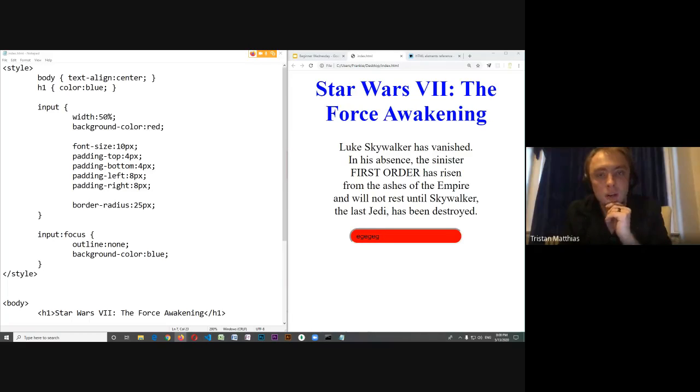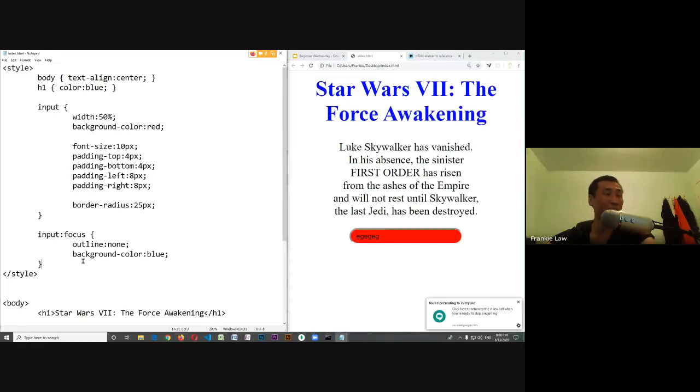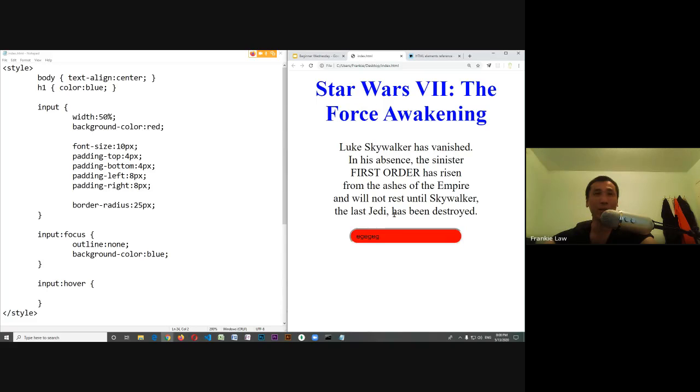Do you want to show the hover? Hover is also a good one. Another pseudo-class is hover. But for hover, let's do something a little different. In a normal website, you notice how, see my little cursor here? It looks like it's just a default cursor. It doesn't look very good, right? I wanted to do something more like a finger, a pointer, right? So we use a different property called cursor. And then we're going to set it to a value of pointer. If we do something like that, every time I hover over this,